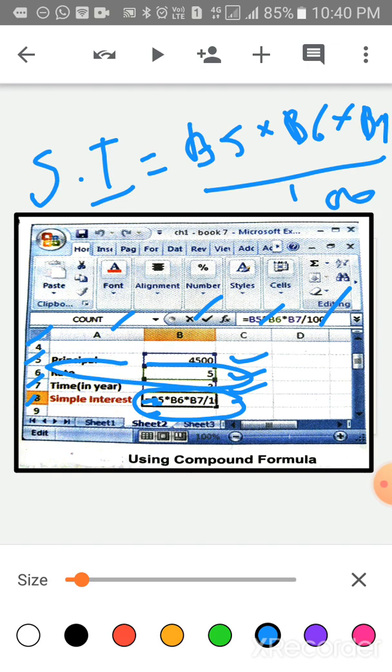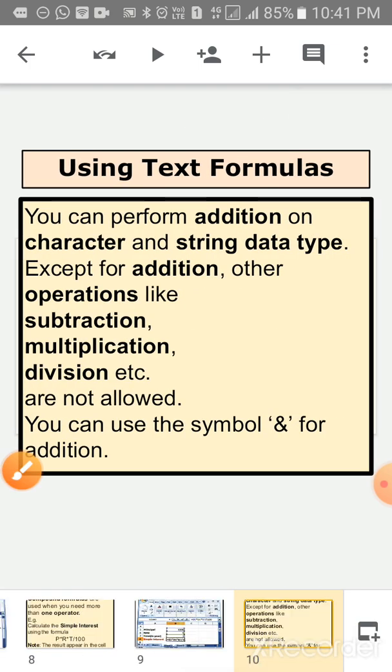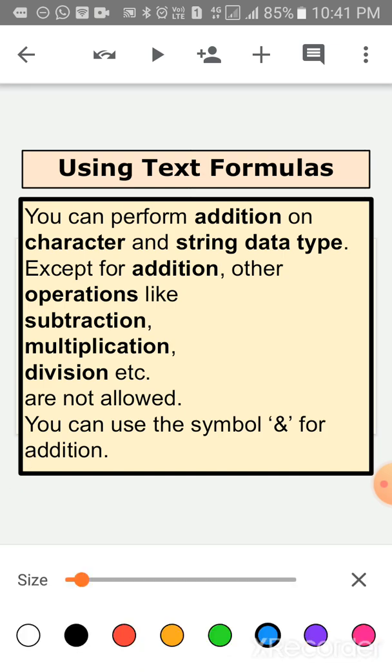So you press enter, the result will come. Okay, understood children? Now the next is using text formulas.